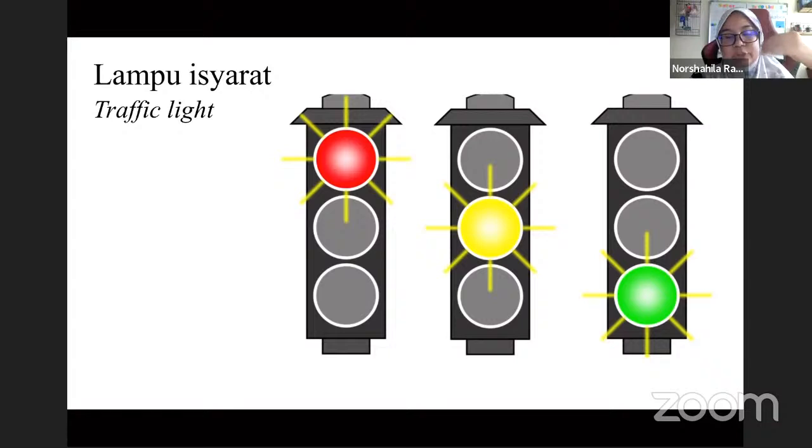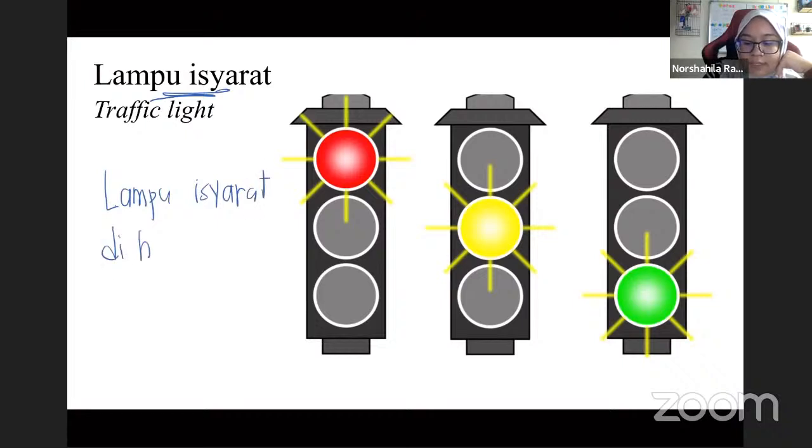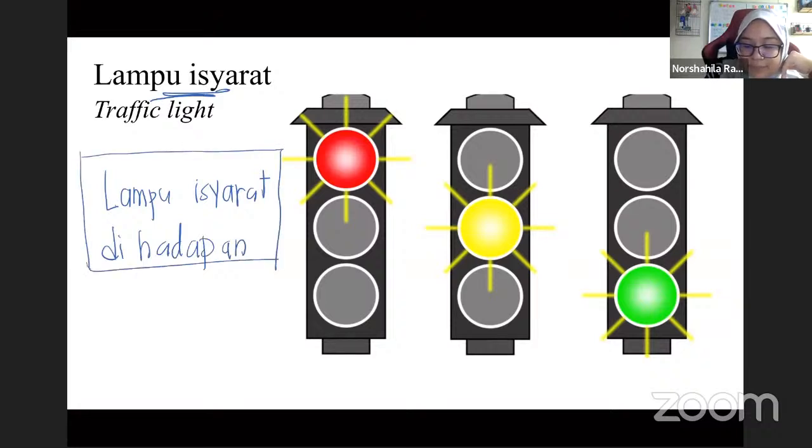So sometimes they will put something like this: lampu isyarat di hadapan. Can you guess the meaning of this sentence? Lampu isyarat is traffic light, as I mentioned here. So lampu isyarat di hadapan means